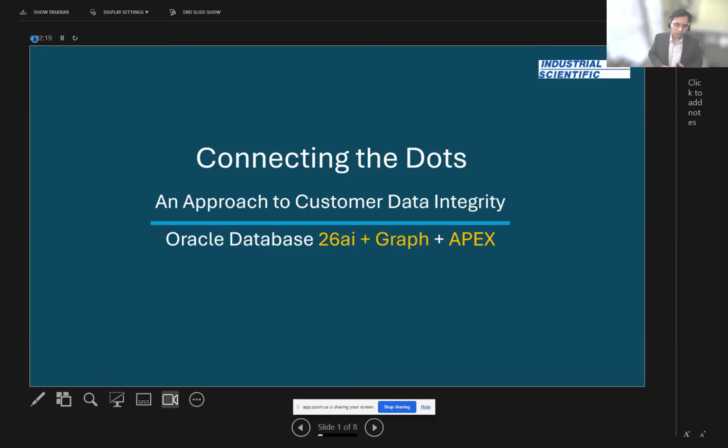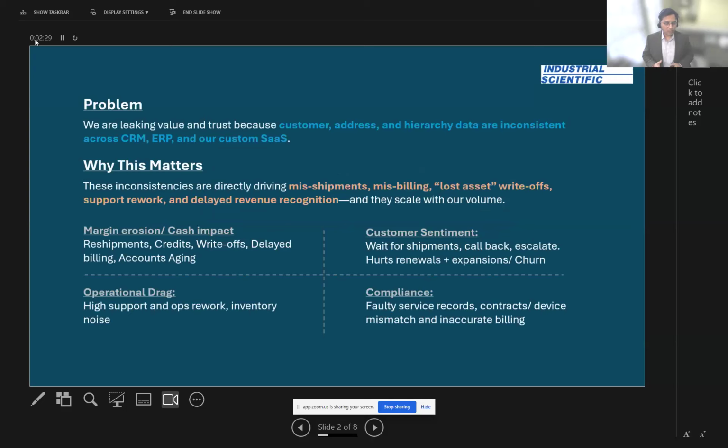Right? And for us to identify how to solve this problem, the very first thing we had to do was size the problem. How much of our customer data is not right? But before we jump into that, I think the problem statement is pretty clear to us